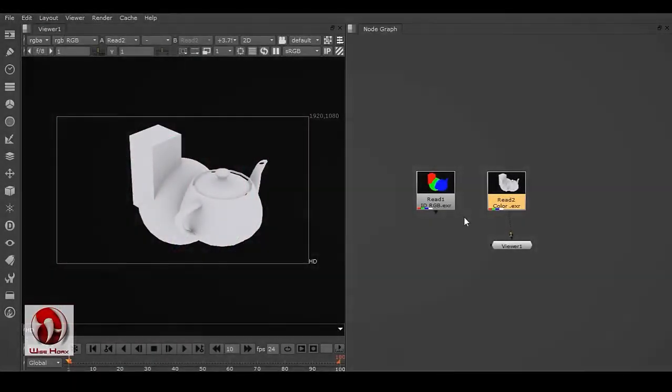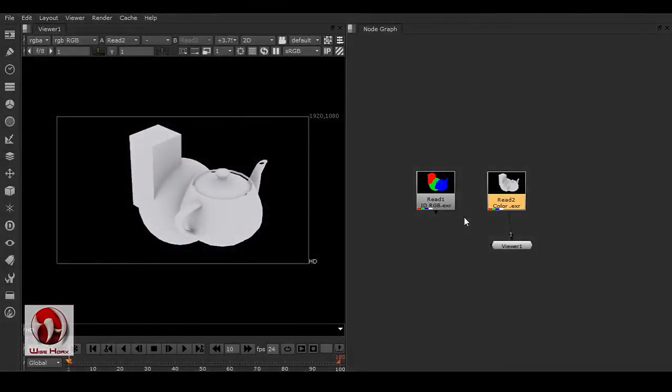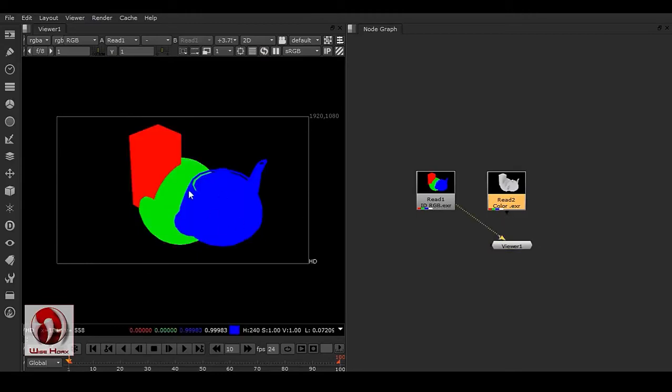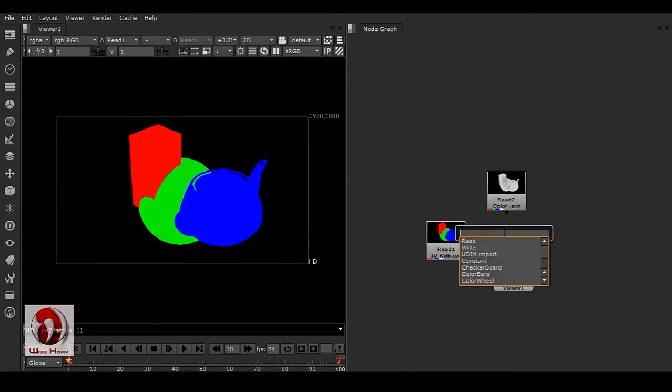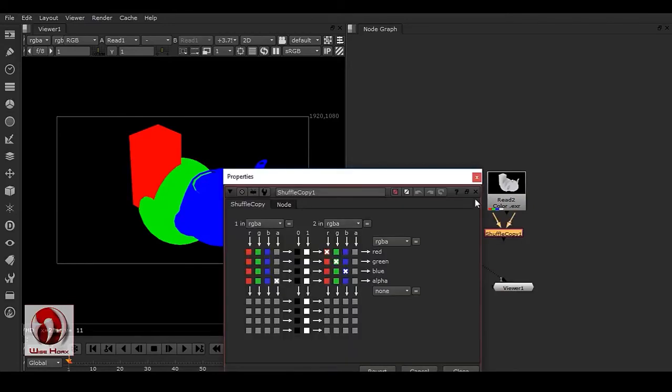Hello guys, today I'll show you some of my R&D on the edge problem in Nuke while you are doing the color correction in your CG render. So now you can see that we do have a render and we do have an ID pass. So if I check shuffle copy node,